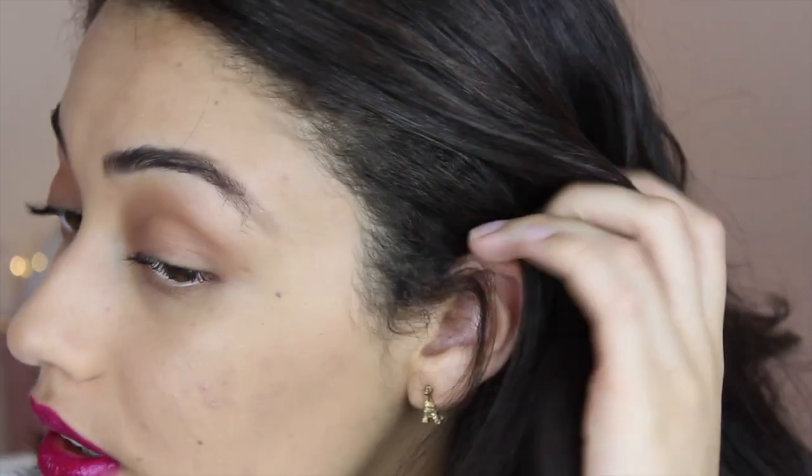So this is what my face looks like right now. If we get a little bit closer, I love the setting powder that I use because it really just helps a lot. This is what my texture looks like right now. Go ahead and show you guys the other side. If you guys are wondering, no, I don't contour my face. I don't know why the perimeters of my face are darker than...